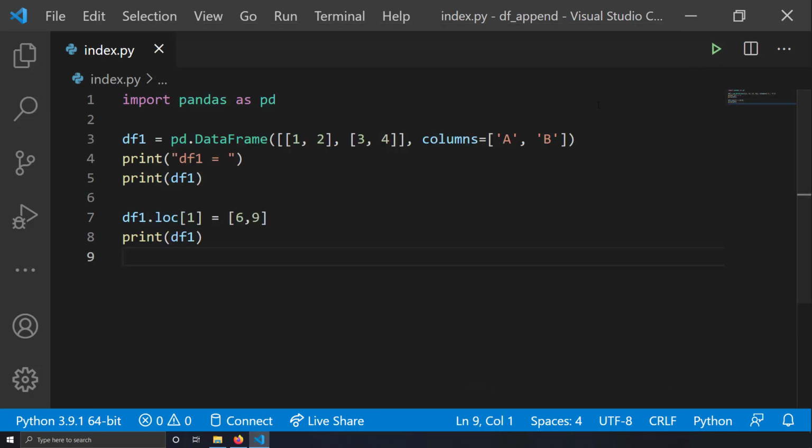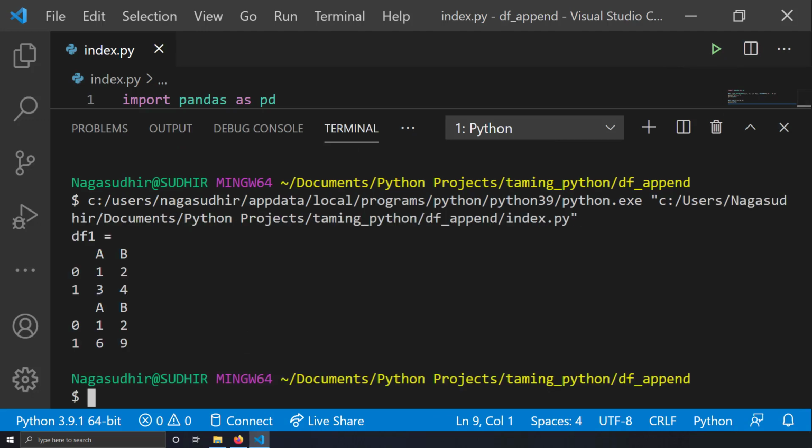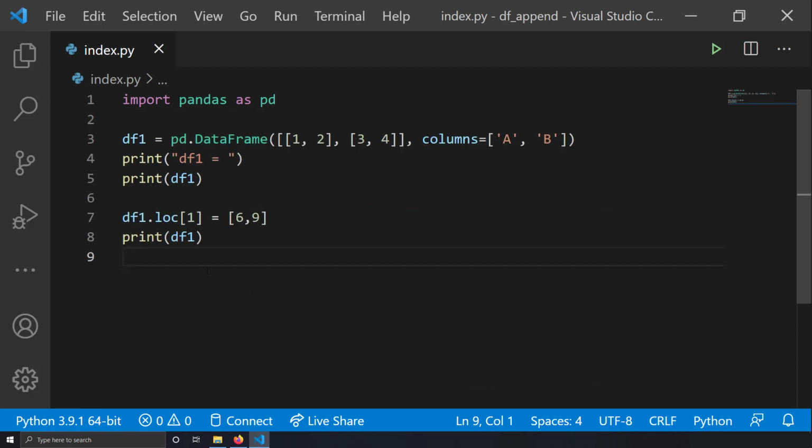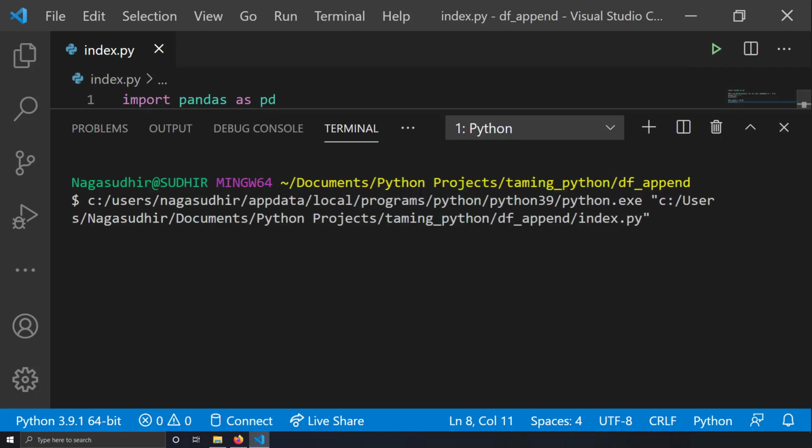And one more thing I want to specify here is, the index locations here are 0 and 1, right? So now if I give a new index location, a new row will be created, and this technique is what we can use to create new rows in a data frame. So suppose, to demonstrate my point, here you have index location 0 and 1, right? So now at index location 2, if I keep the data as 6 and 9, since index location 2 was not present, a new row will be created with index name as 2, and the data will be 6 and 9. So let me try to save this and run it.